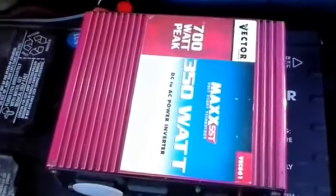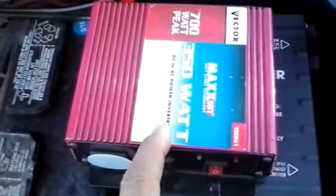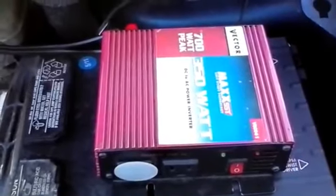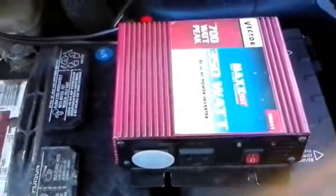Now, the reason I mounted this particular unit here is because it has 350 watts of output, and I have a rice cooker that runs off 300. So by mounting this here, I can simply plug in my rice cooker and I can cook from the car